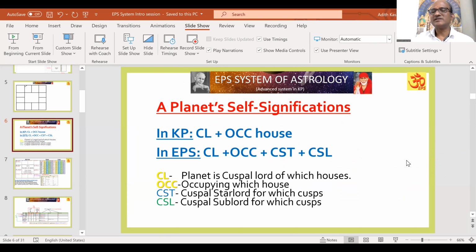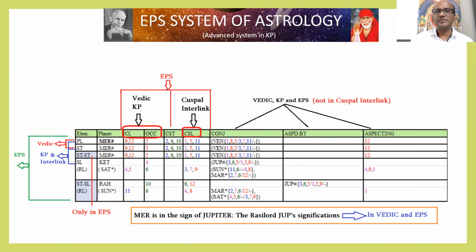Thanks for your answer. So it means what? Simply saying that in KP we take cuspal lordship and occupying house. In EPS we take cuspal lordship, occupying house, cuspal star lord ownership, and cuspal sublord ownership of the planet also. I think you would have understood, right? Now,